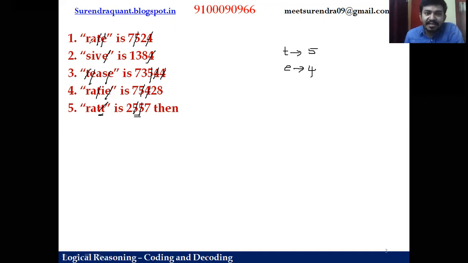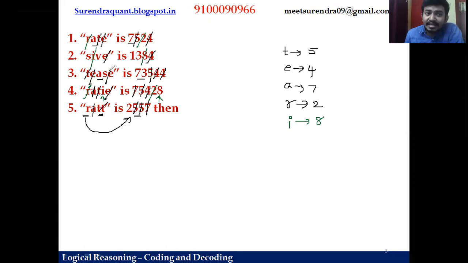So friends, can you see the first statement, the first word and third word, A is common and 7 is common digit, right? So we can say that A is 7 and wherever A is there, strike off that. In the last word, only R is remaining and number 2 is remaining. So let us write R as 2. And in any other words, if R is there, strike off that, make it as 2. Now friends, here only I letter is left and digit 8 is left. So we can say I as 8.